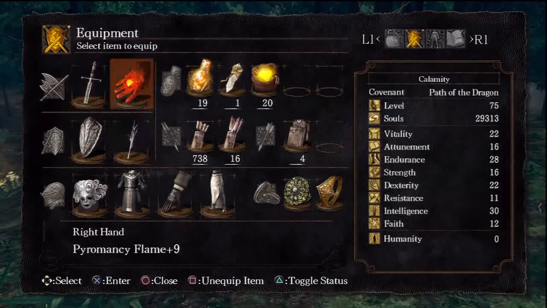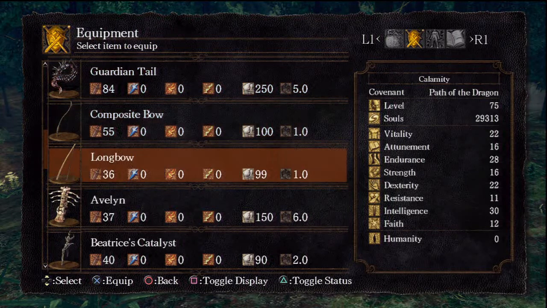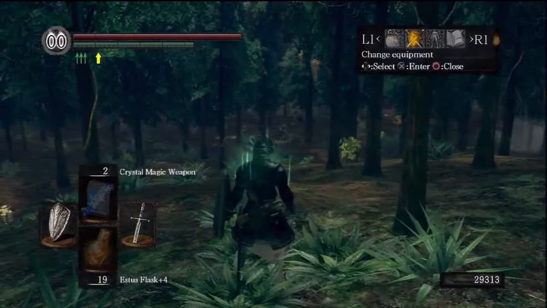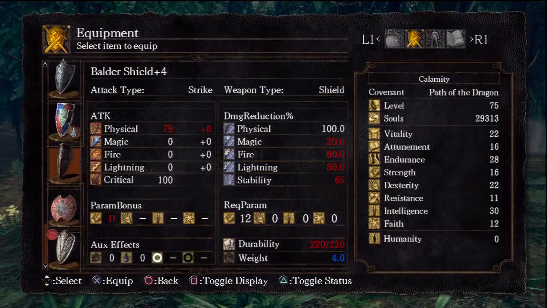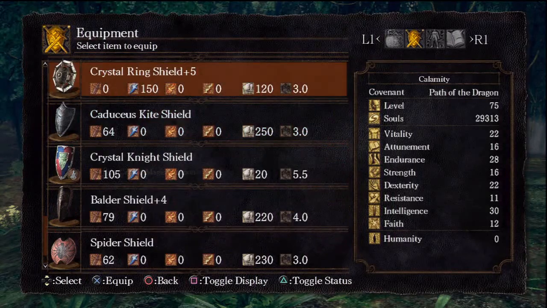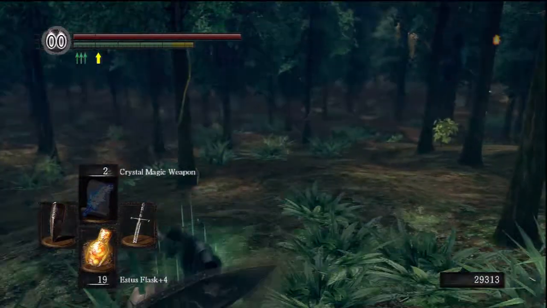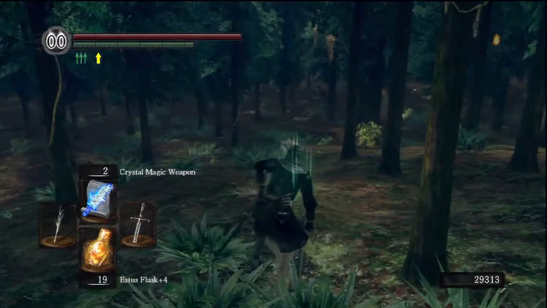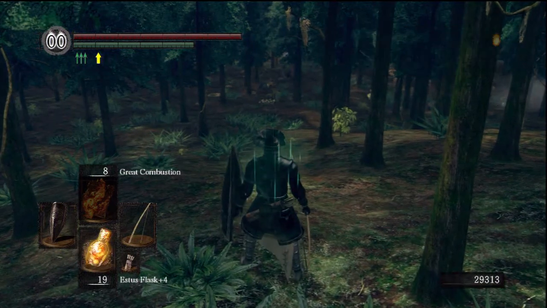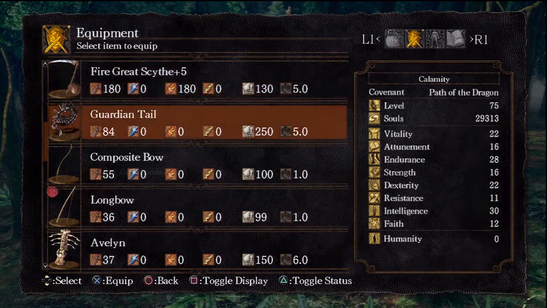I'm not going to be using my Pyromancy Flame, so I can get out my bow. Can I still... Nope, can't do the fast roll. Nonsense. How about now? Okay, this'll have to do. Well, I'm not really going to be using any sorceries, so...